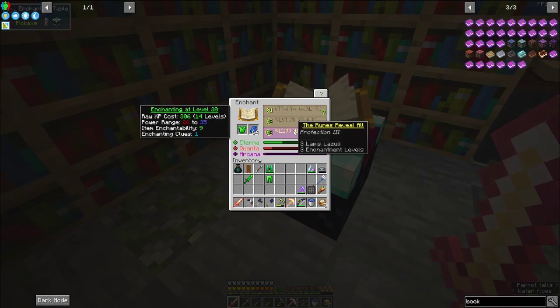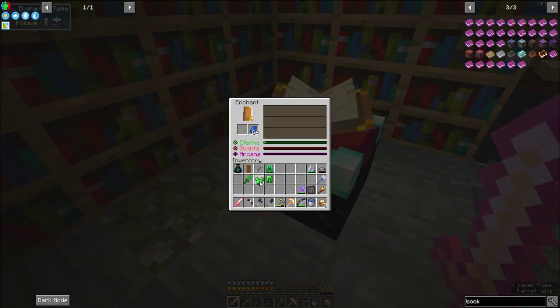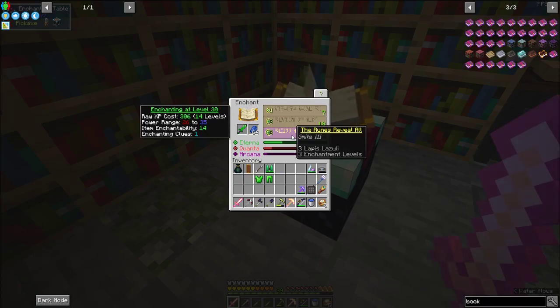All right, let's see what we get here. So, starting with this, let's see. Protection 3, Blast Protection 2, Mana Regen 1. I don't like any of those. All those suck. What are my pants doing? Mana Boost 3 Unbreaking. No. How about the sword? Ooh, Smite. Bane of Villagers and Bane...